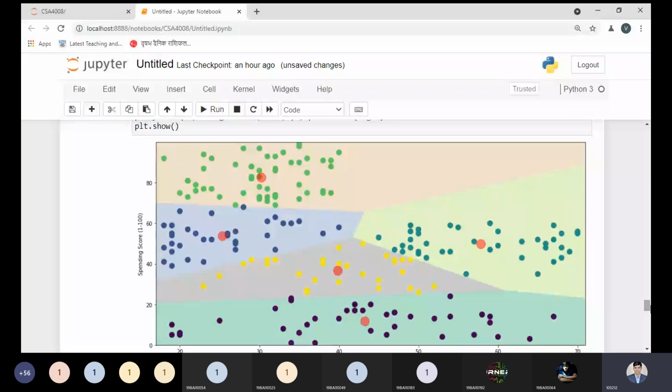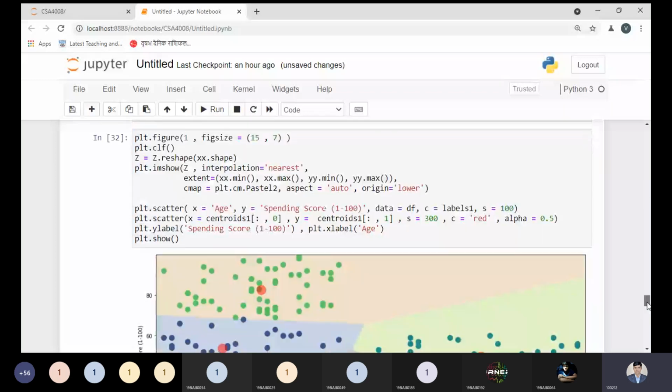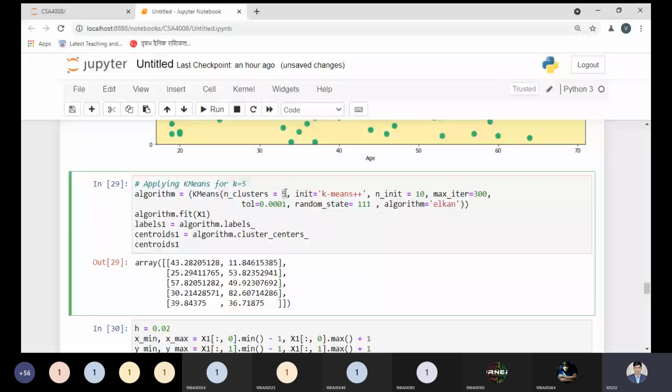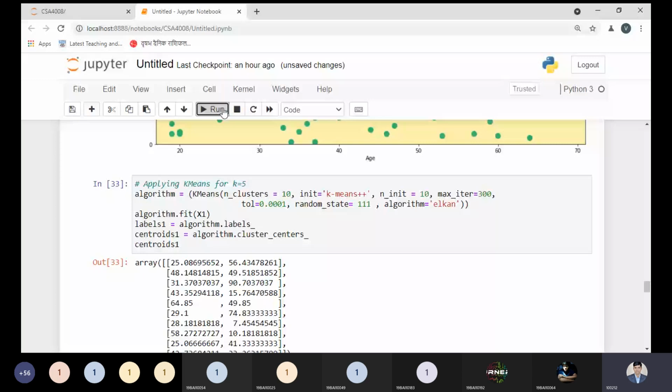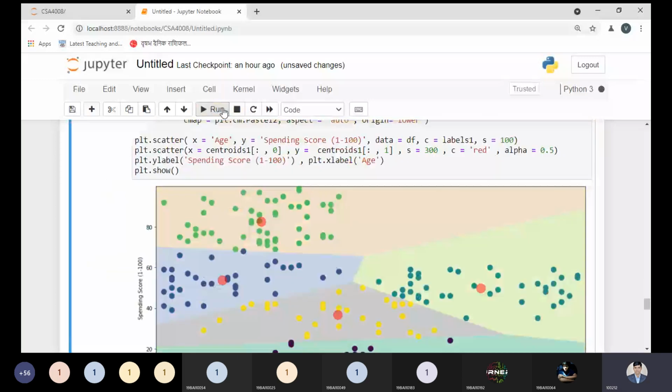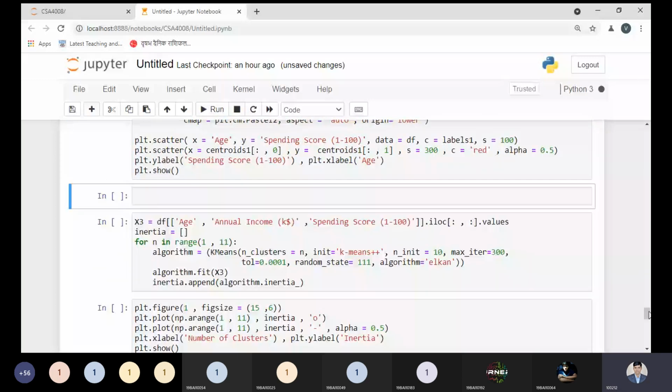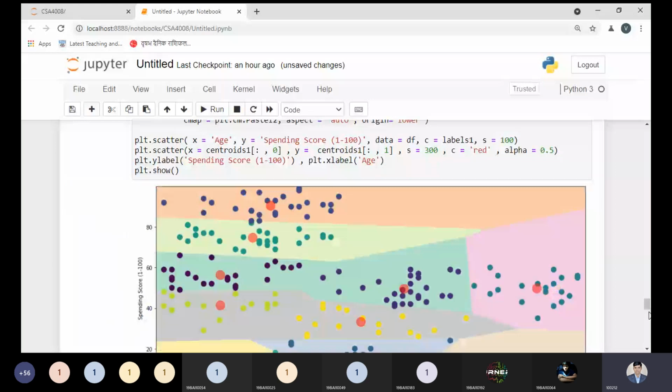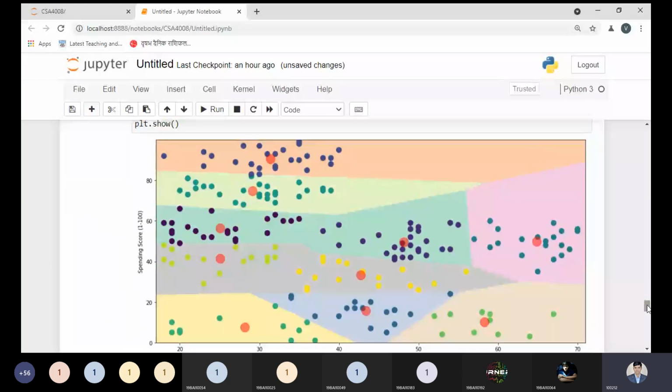So according to your requirement, you can update your code, no issue. If you want to move the cluster size to something like 10, no problem. We can extend, it's our choice. So the next graph is definitely showing it. See, you can see the 10 clusters now. Each and every point is pulled by the 10 different centers. Now you can see, we have the beautiful result right now.